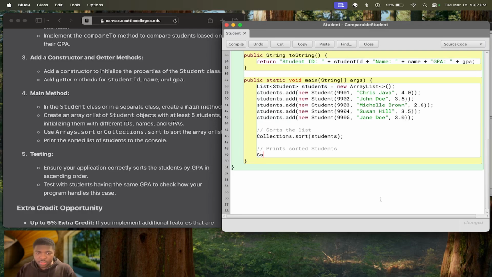And I'm gonna do a System dot out dot println, and let me say students, to sort and print a sorted list of students to the console. The sorted list of students. Okay, so students sorted